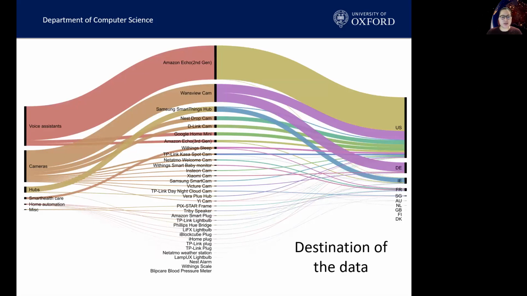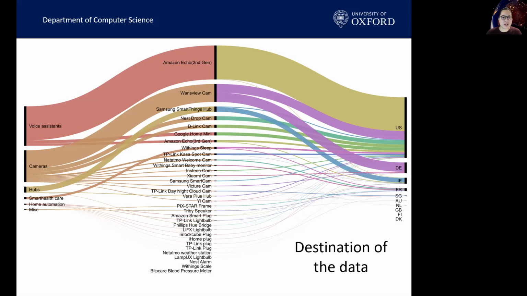The height of the bands corresponds to the number of bytes sent by each device. Overall, we found that 75% of these IoT devices sent data to multiple destinations. From an investigative point of view, this is interesting, as multiple destinations and jurisdictions can potentially cause delays in gaining access and security of the data.